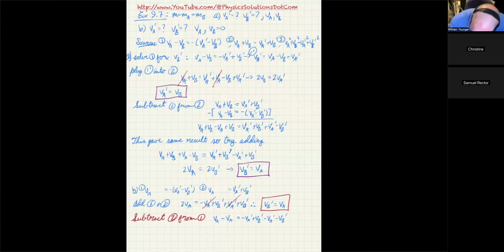You can see that the VB prime cancels out with the negative VB prime, and we end up getting, in fact, 0 is equal to negative 2 VA prime. So our result is that VA prime is equal to 0. And that's exactly what I was talking about with the Newton's cradle device, in that when you drop one ball, it comes down and rams into this side, but it sits perfectly still, and then one ball pops out the other side. That's exactly what's happening here. Any questions on that?